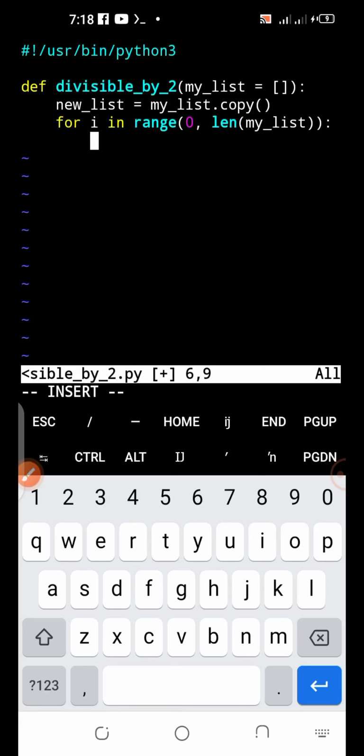Now the next thing I'm going to do is check. You know that we have a new list and we have the original list. With the new list that I've just created, I'm going to use it to check and assign some things. Actually, the new list is a copy of the original one, so we shouldn't forget that. Now I'm going to give a condition. If my list,